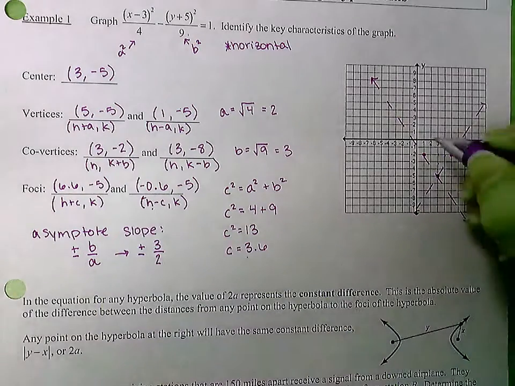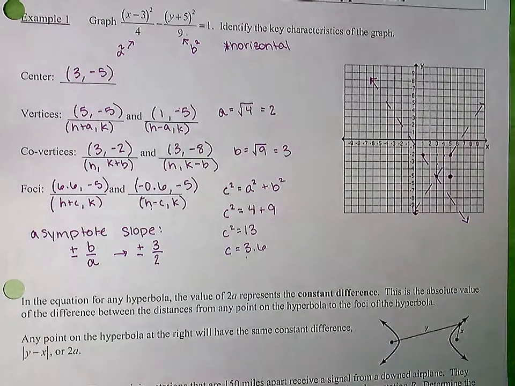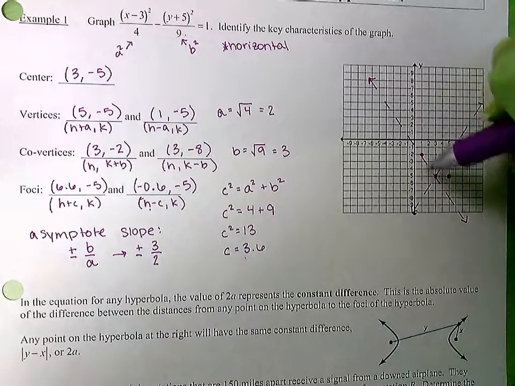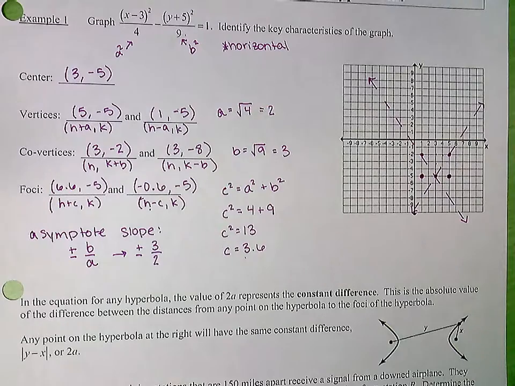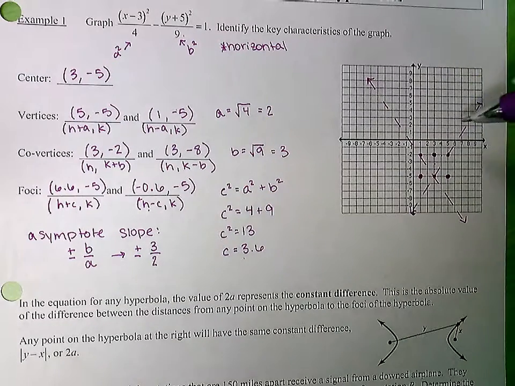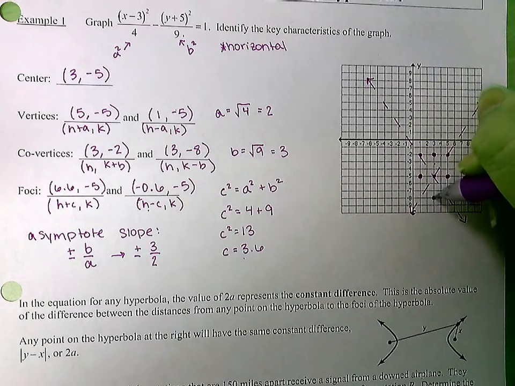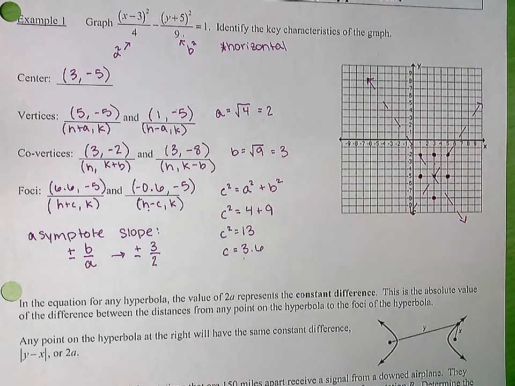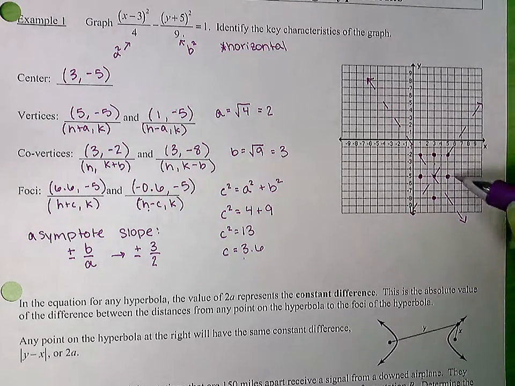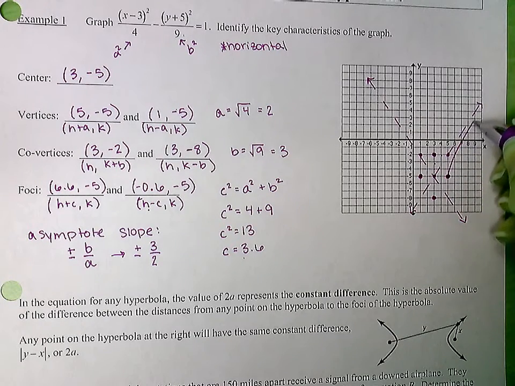Okay, so I have a vertex at 5, -5, and at 1, -5. Okay, your co-vertices are at 3, -2, and 3, -8. Okay, so now when you're graphing a hyperbola, you use your vertex and you approach your asymptote, but you never